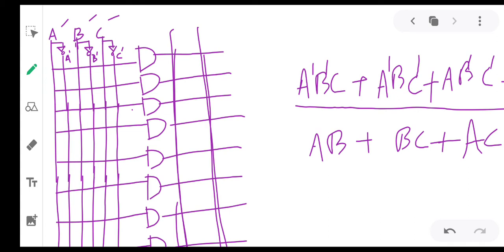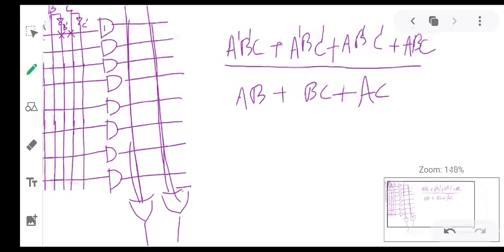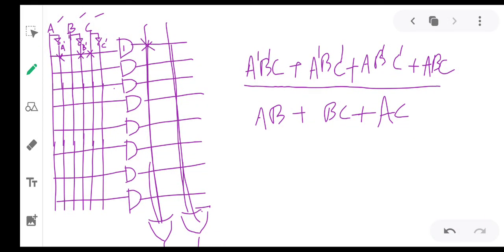A bar, B bar and C. So take it from A bar, then take it from B bar and take it from C. So this is the first product term. Then that is required for this sum, right? Therefore that is connected.